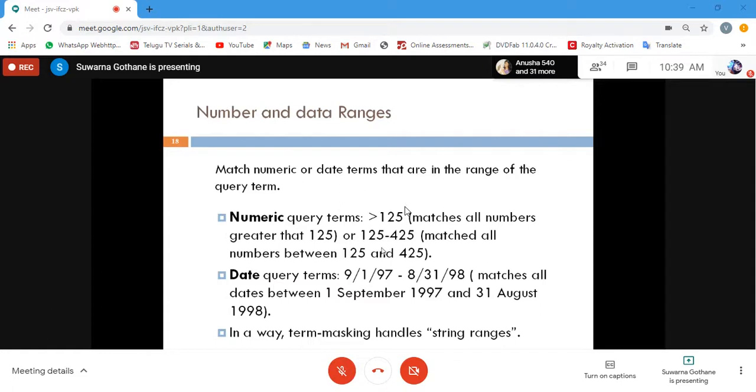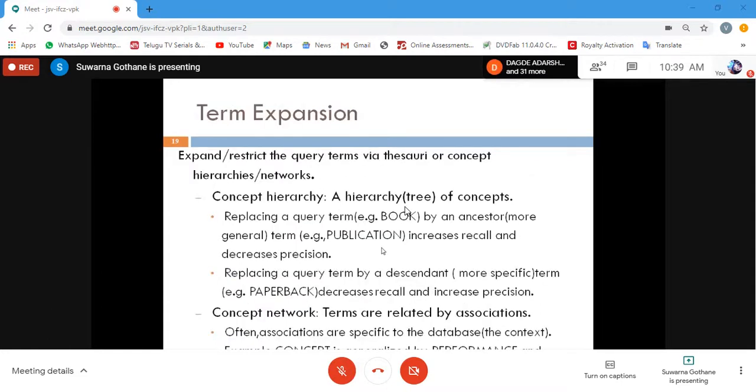Then coming towards term expansion. What is the meaning of term expansion? As you all know, expansion means not only focusing on the particular term. There can be multiple meanings, like you could have seen for one particular word, there will be various meanings.